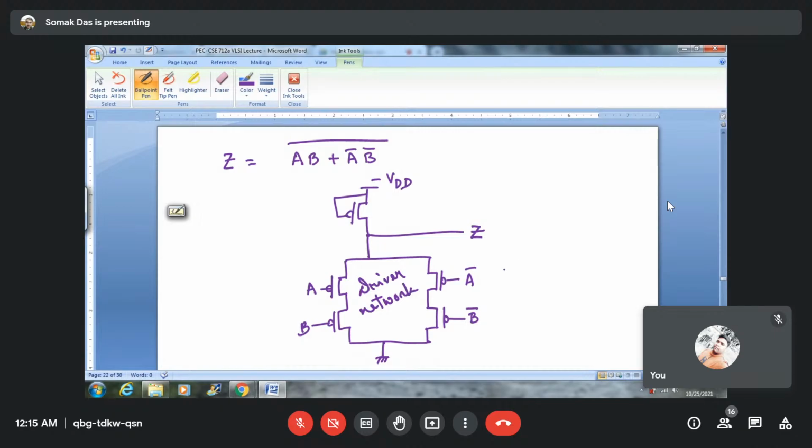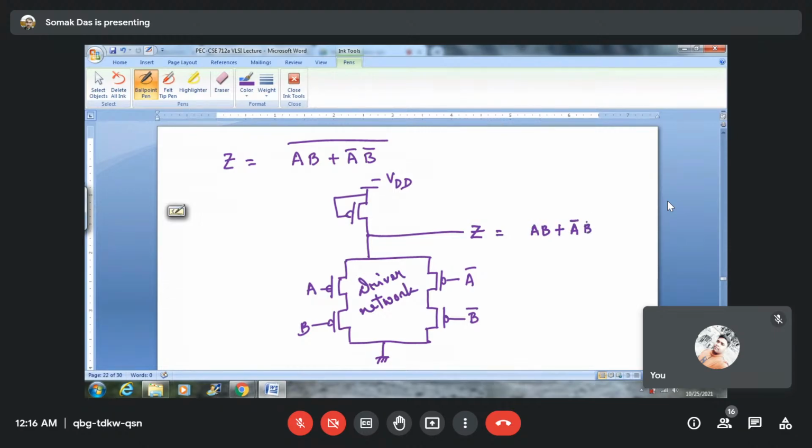This is the driver network. So what is the logic being represented? The logic represented within the driver network is AB, because both these A input and B input transistors are cascaded. Then it is in parallel with again both A bar and B bar inputted transistors cascaded. So as it is in parallel, you use plus, and then as again it is cascaded, A bar and B